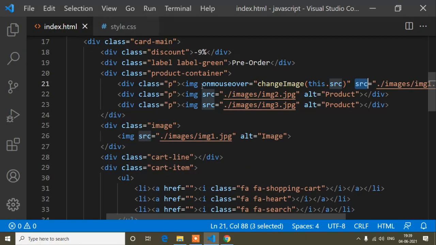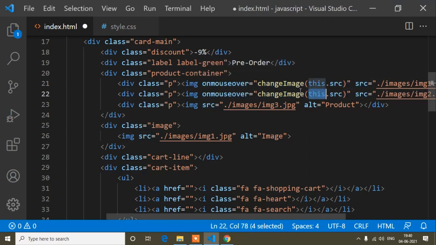The same thing I will copy from here and just paste. If I paste this one, that means this is now the owner of this image tag, and this one is the owner of this image tag. So when I hover on this image, I will get the source of this image, and when I hover on this one, I will get the source of this image. Now the same thing I will copy and paste for the last image.